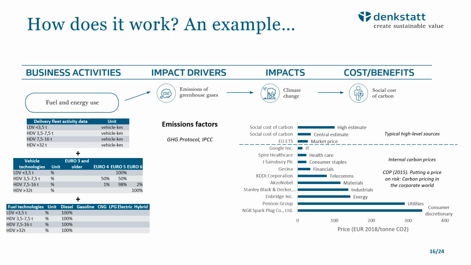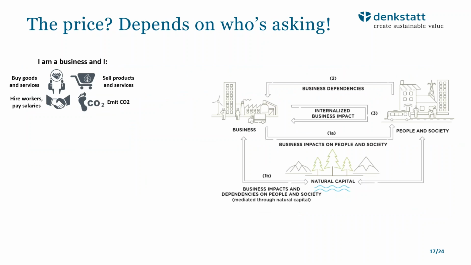So there are two questions here. Maybe sustainability accounting is useless, because what is the social cost of carbon? People have all sorts of different ideas about the price. But the other idea, and what I'm going to explain in a second, is that these costs vary because context matters, and setting the right price, or really the right value of an impact in your company, depends on your context. It depends on what you want to achieve and the questions you want to ask. Which is why I want to